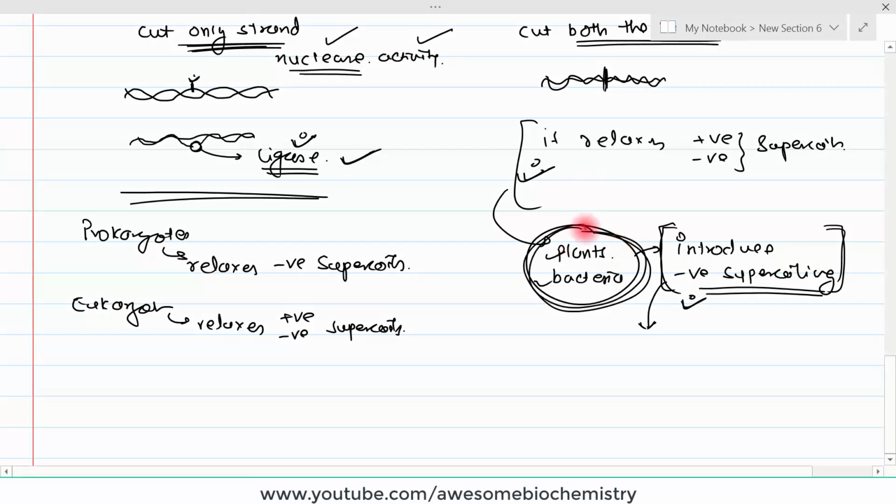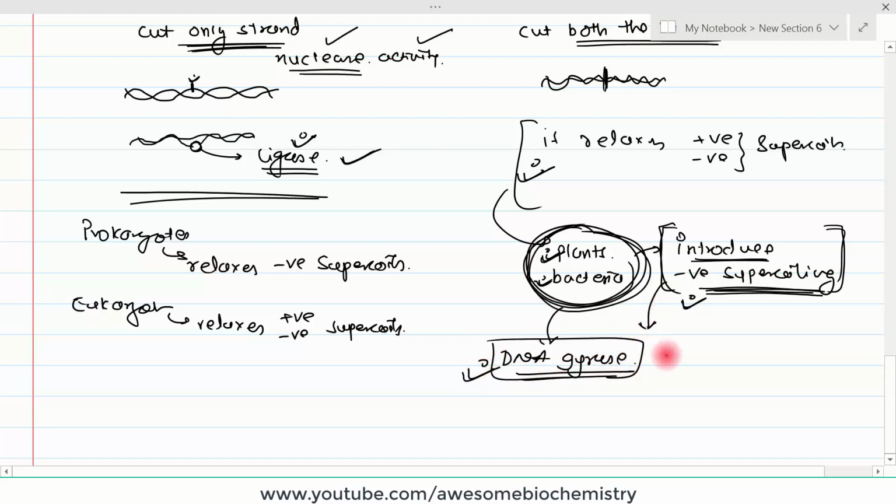One more special aspect of this DNA topoisomerase type 2, found in special cases in plants and bacteria, which is able to introduce negative supercoiling, is that it has been given a separate name, DNA gyrase. This bacterial DNA gyrase is actually a unique target for certain pharmacological agents. Certain drugs can inhibit this DNA gyrase. It is a group of drugs known as quinolones. One popular example of this quinolone group is ciprofloxacin. So how does ciprofloxacin act? Ciprofloxacin inhibits this DNA gyrase.